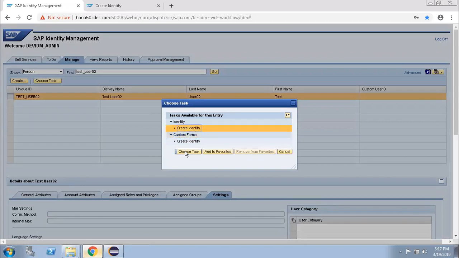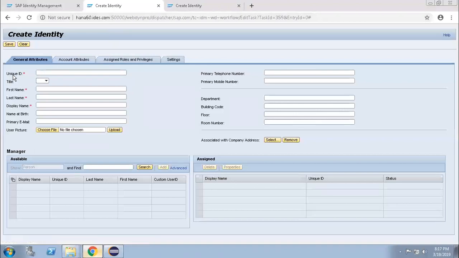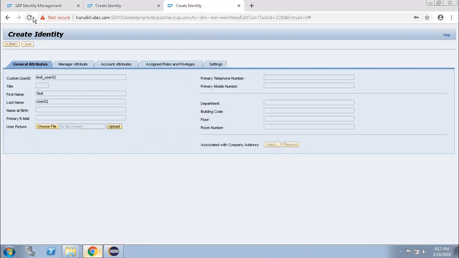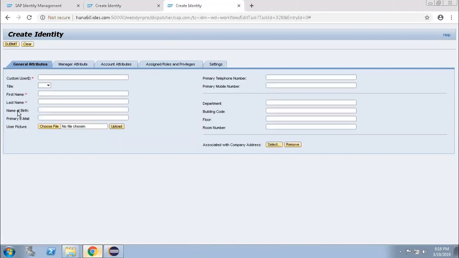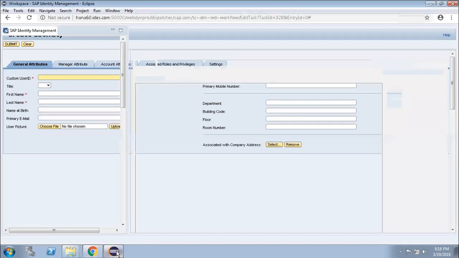If you use this one, it will be your standard unique ID, that is the MSKEY value, first name, last name, display name. These are the standard form. But here it is the custom one. I do not need the display name here because I want the display name to be generated from the first name or last name. I want the characters to be less than or equal to 12. So I need some restrictions to follow, and that is the reason I created a custom one.